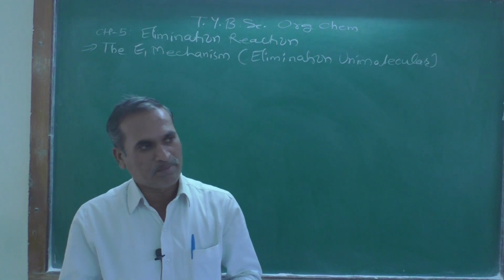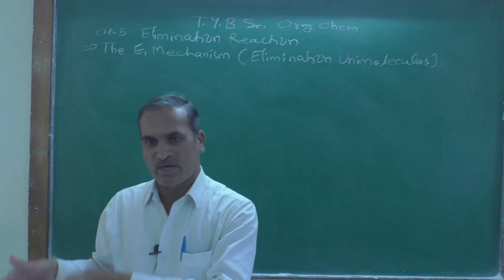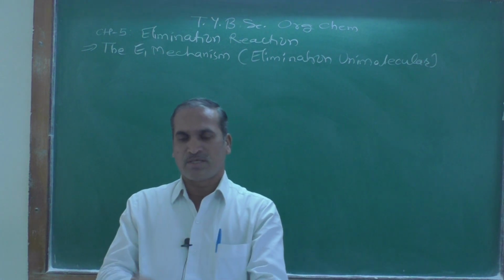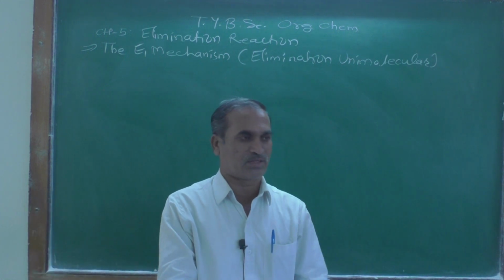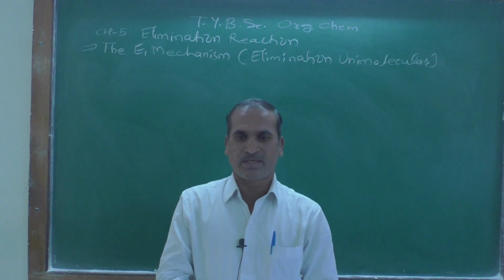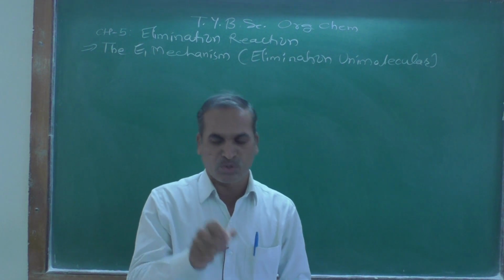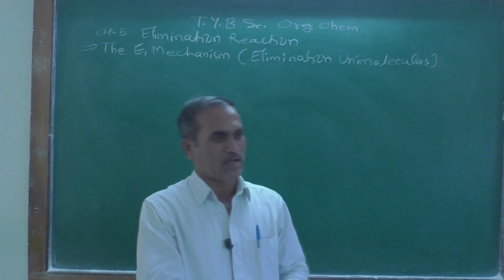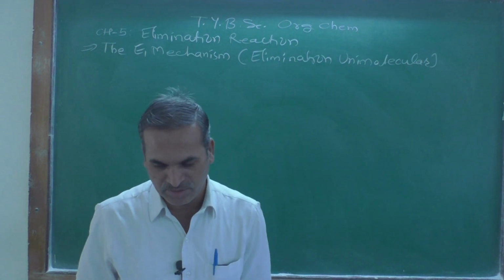And with the help of some factors, how do we know whether a given reaction follows Saytzeff's rule, Saytzeff's elimination, or Hofmann elimination? Mainly two factors we have learned. Number one is the nature of the leaving group, and second is the nature of the base used. By knowing these two, we can easily recognize what type of reaction the given reaction follows.